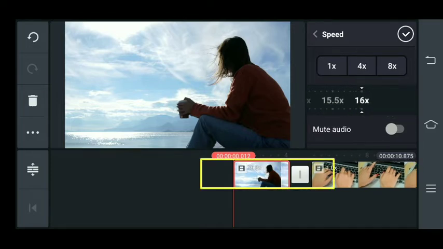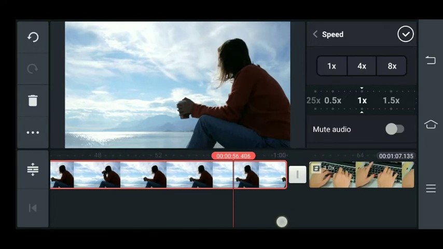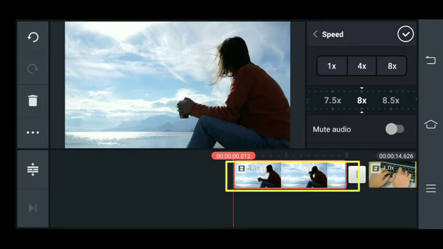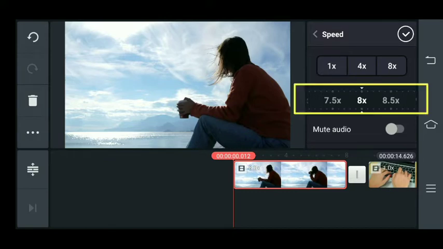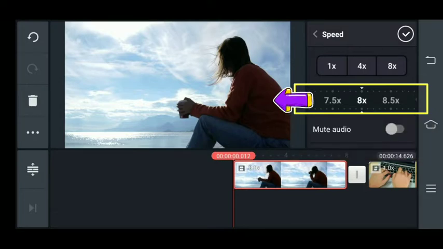And look at our video, it has shrunk now. It was such a long video, and if I click here, it's almost a minute long video. Okay, so if I do 8x, it has almost come to 8 seconds, and if I do 16 times, it becomes a 4-second video. While 16x fast forwards the video, if you go on the left hand side, you can select 2.5x, which actually goes into slow motion. So you can select that also when you want to give a slow motion effect to your videos.